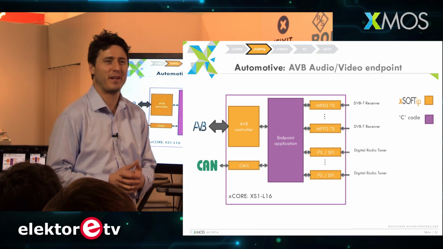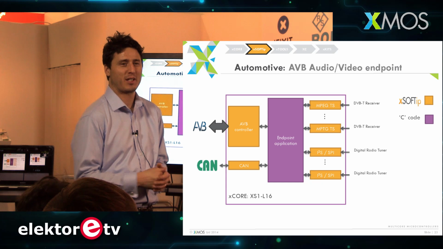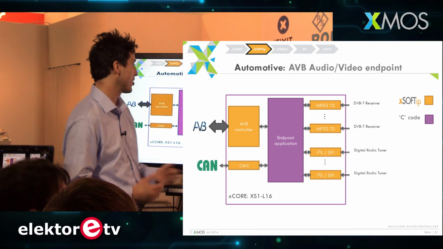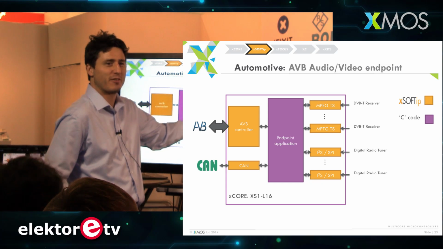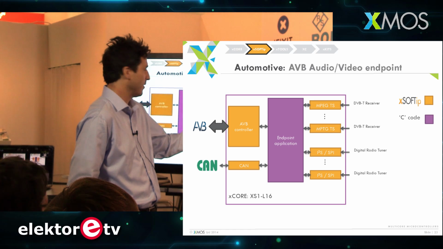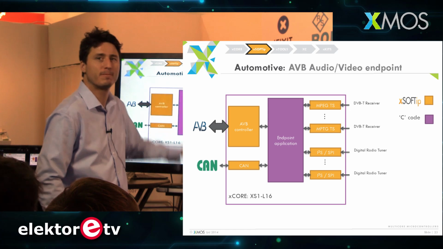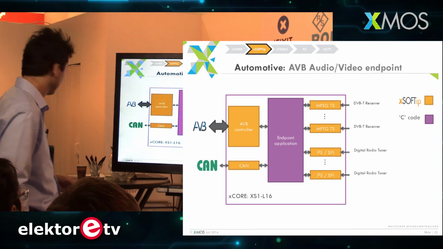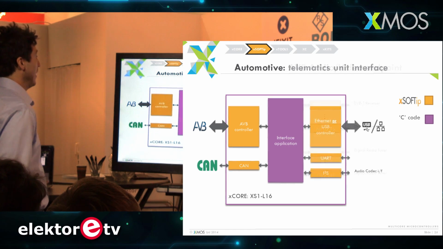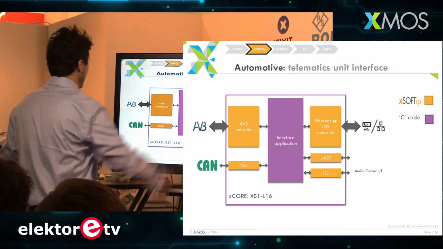You can watch independent channels, so the kids won't fight in the back over which channel to watch. So 2 DVB-T receivers and 2 digital radio tuners over AVB, audio-video bridging. Telematics unit, AVB to USB and CAN,